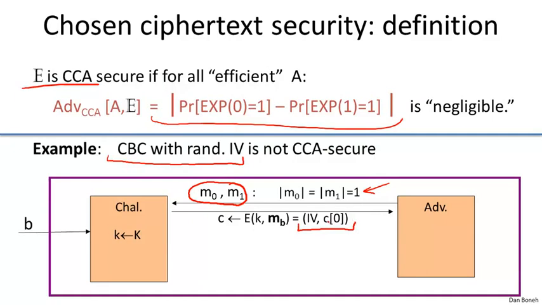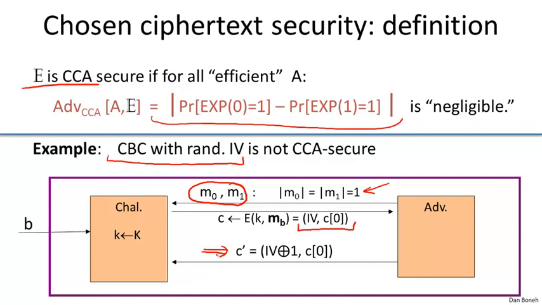Now what is the attacker going to do? Well, he's going to modify the ciphertext C that he was given into C prime simply by changing the IV. He just takes the IV and XORs it with 1. That's it. This gives a new ciphertext, C prime, which is different from C, and as a result, it's perfectly valid for the adversary to submit C prime as a chosen ciphertext query. So he asks the challenger, please decrypt this C prime for me. The challenger, because C prime is not equal to C, must decrypt C prime.